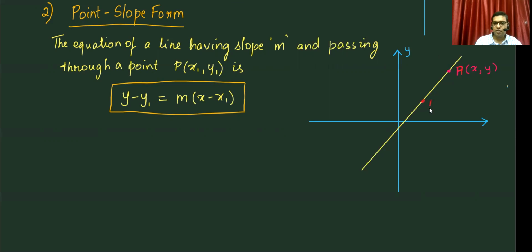Let's say P here is x1 comma y1. A is a moving point. In this case, the given is that the slope of this line is m. So the slope of line PA